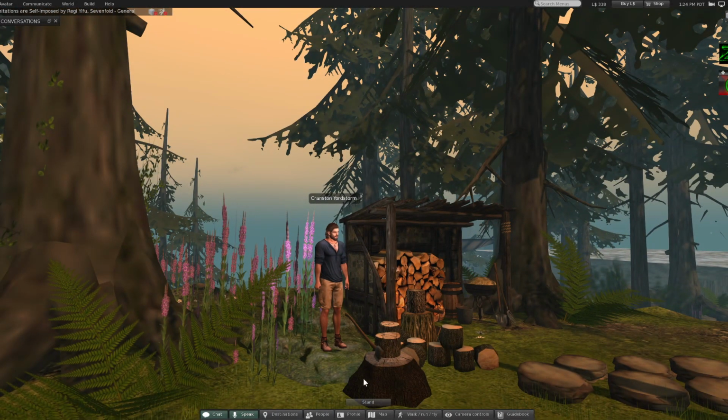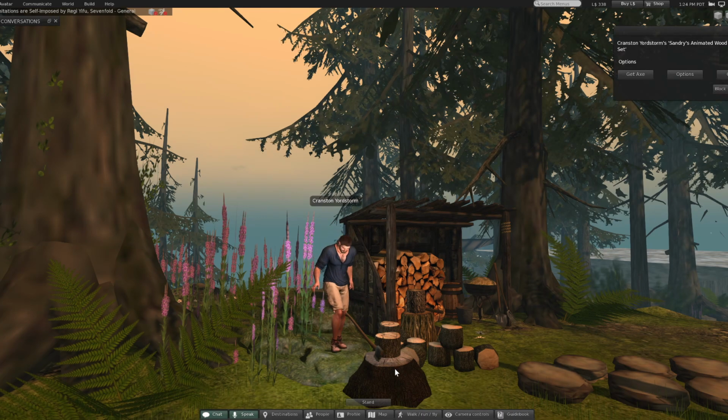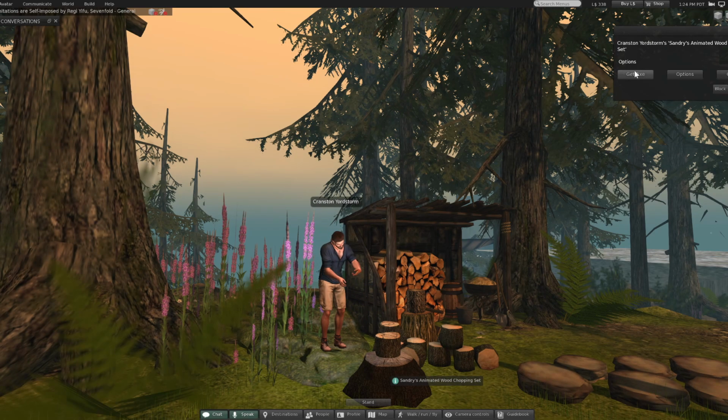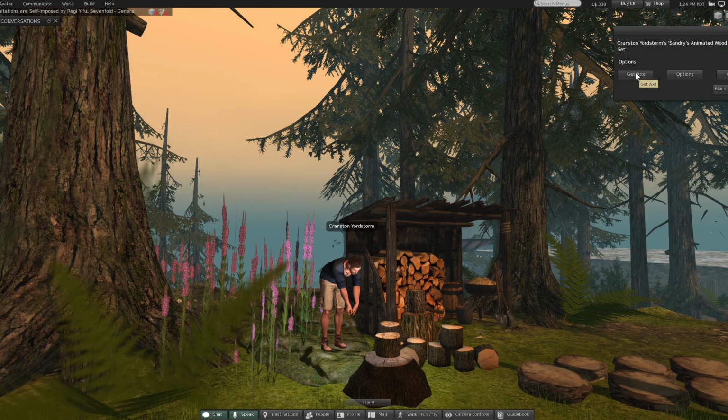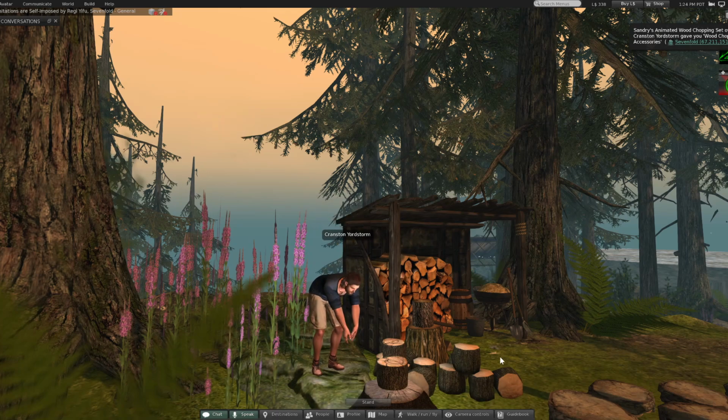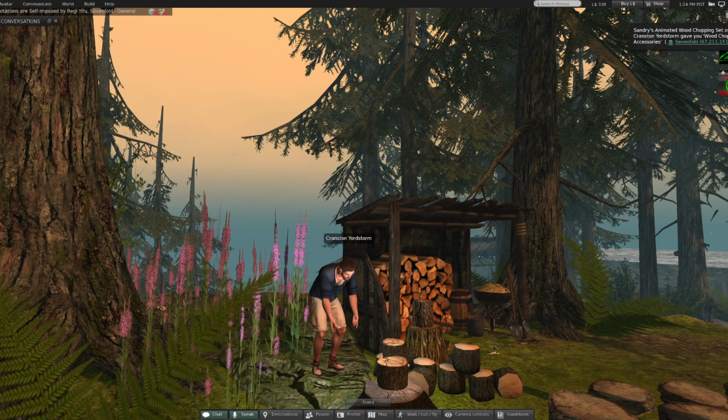Now right now it doesn't do anything, but if you click on the animated wood chopping set, you're going to get an option called Get Axe, and it's going to send you a folder. Now you go back to your inventory, which is the suitcase here,